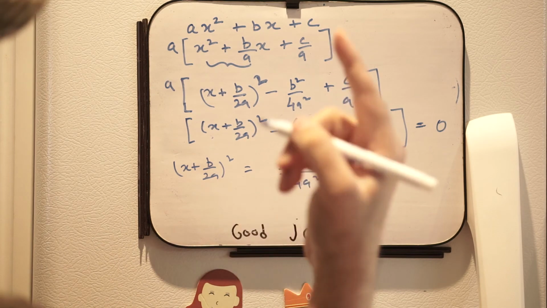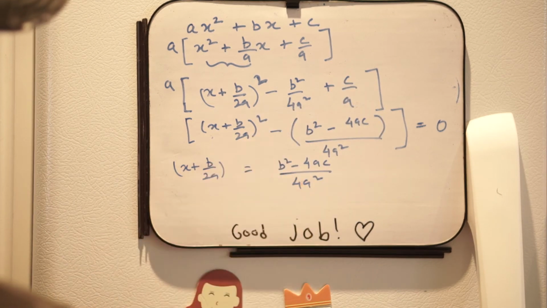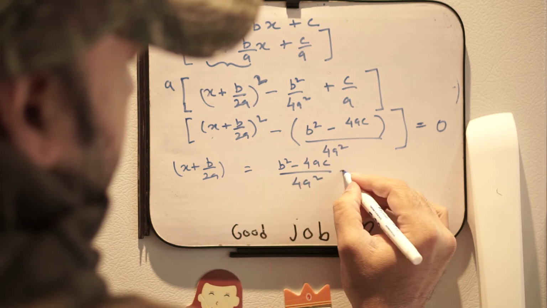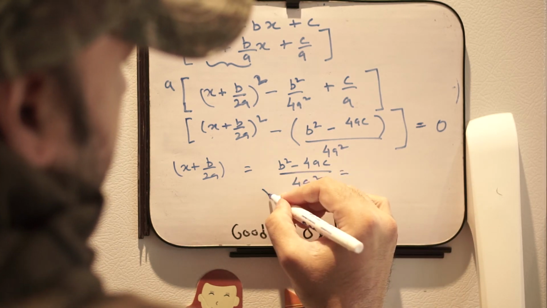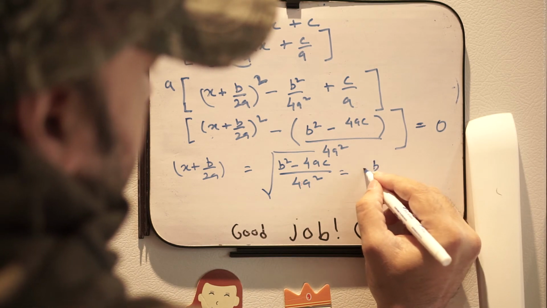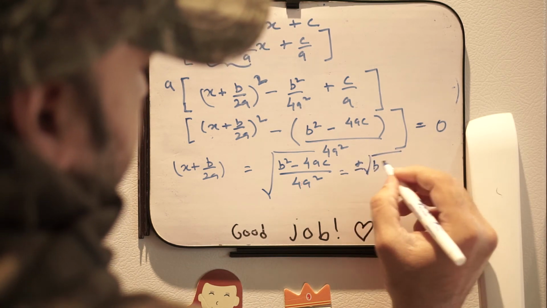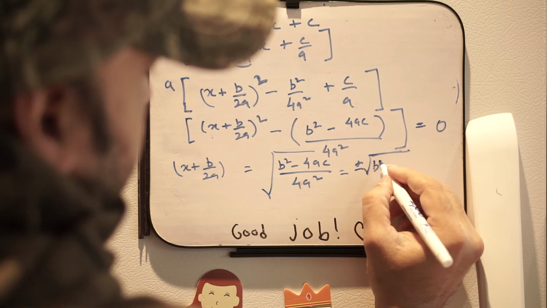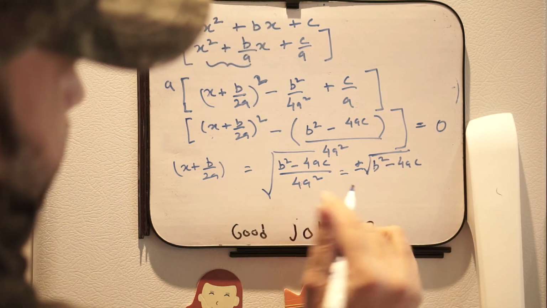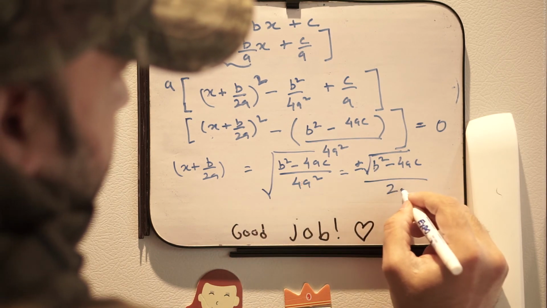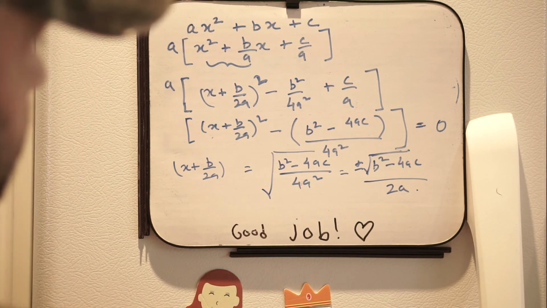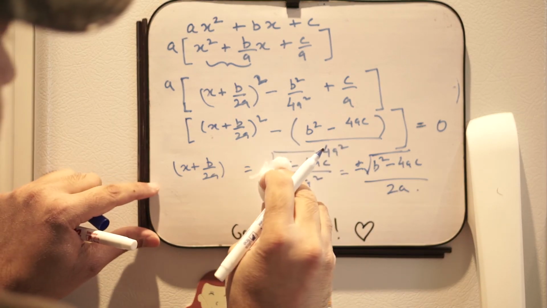Now the whole thing, we're just going to remove our square. So this thing will turn into, which will be plus minus, because we're doing a square root of an unknown that we don't know, 4ac, and then 4a squared is literally just 2a. So now the next step ends up being